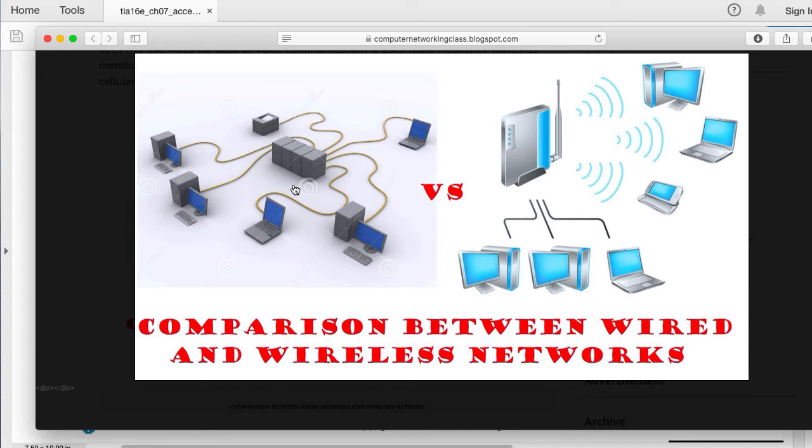Second of all, performance. Well, why security? Well, if your signal is being transmitted through the air, any device that has a wireless communication interface will be able to capture that traffic and read that information. Here, that's not going to happen. Only those that are actually connected.